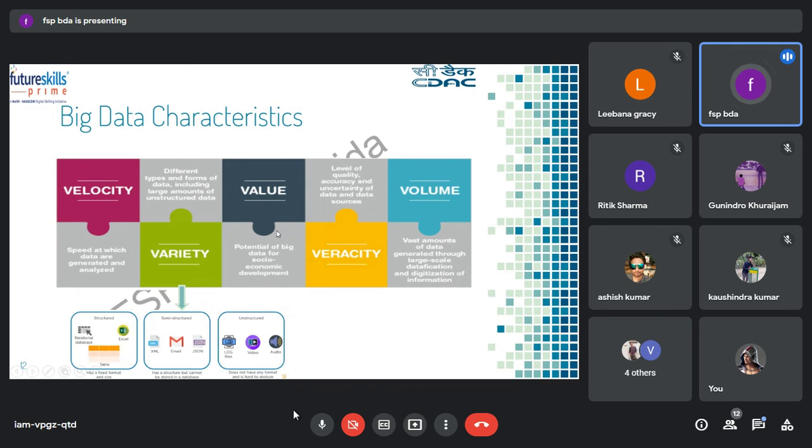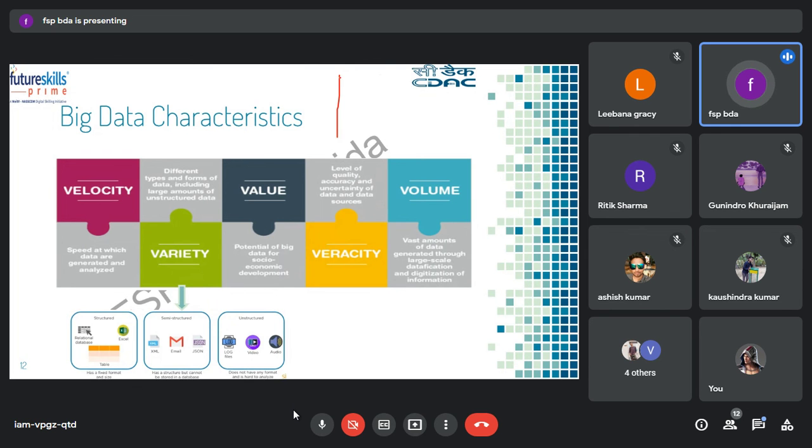Then another thing we talk about is veracity. All these terms you already know, so I have not explained them in depth. Volume, velocity, variety, you know. Let's understand about this veracity. Since our data is generating at a very high speed, and when we are storing data, there is no particular schema in which you have to store the data. So the data is just dumped onto the system, so your data may not be of good quality.